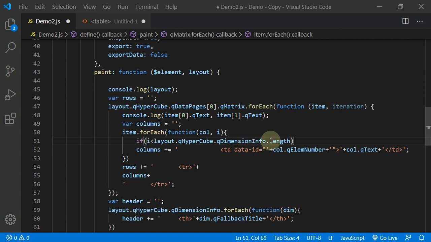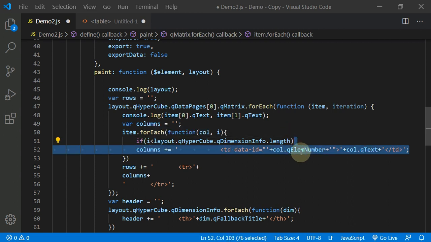So this will give you the number of dimensions. So if i is less than the number of dimensions, say for example if the number of dimensions is 2, then 0 and 1 will be less than 2. So 0 and 1 will be the dimension columns. We can add curly braces.